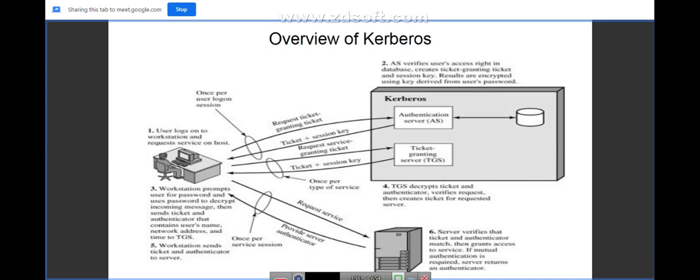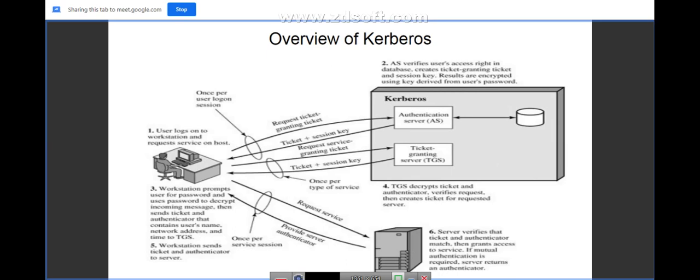Now once the client gets the response from the KDC in the fourth transaction, look at the fifth transaction. Now the workstation sends the ticket and authenticator to the server. What is the ticket mentioned here? This ticket is the TGS, the ticket granting service ticket. The client simply forwards that ticket which it got from the KDC, and the client also adds an authenticator, in which it adds its own details. Then he requests a service in the fifth communication, and this request contains the TGS and an authenticator.